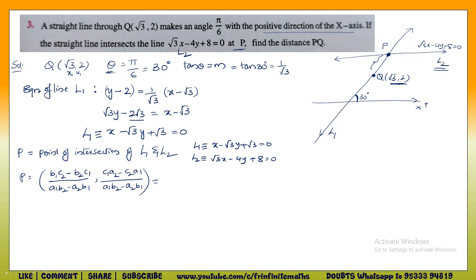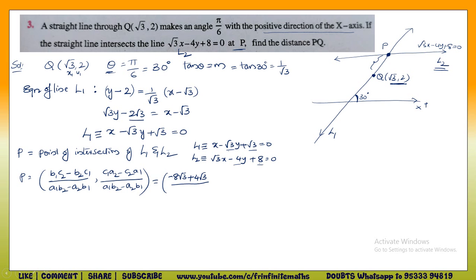Now substituting the values, this is b1, this is c2. Minus root 3 into 8 is minus 8 root 3. Next minus b2 c1, so minus of minus is plus, so this becomes plus 4 root 3, divided